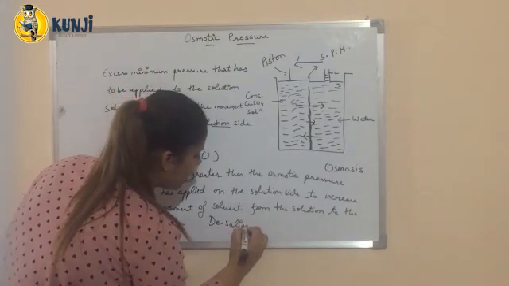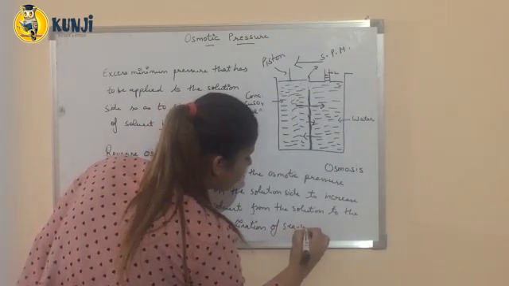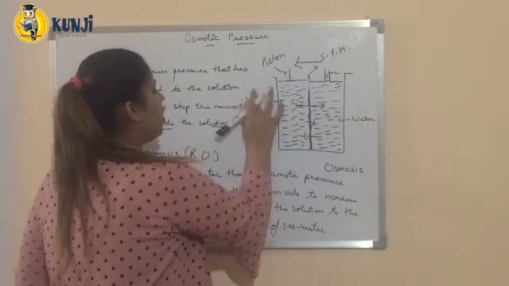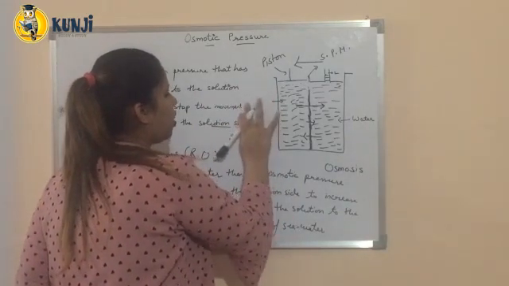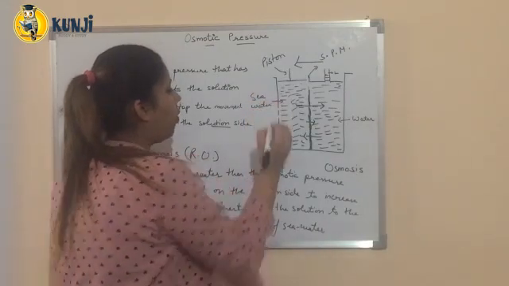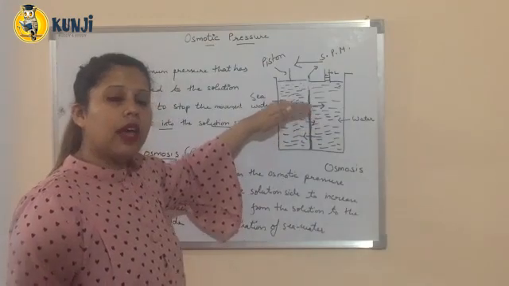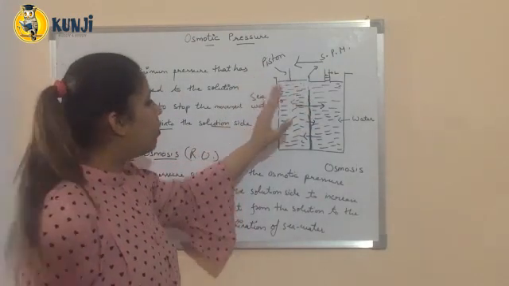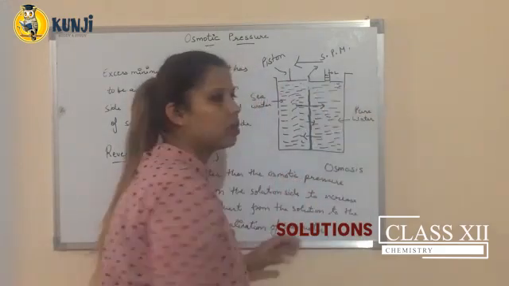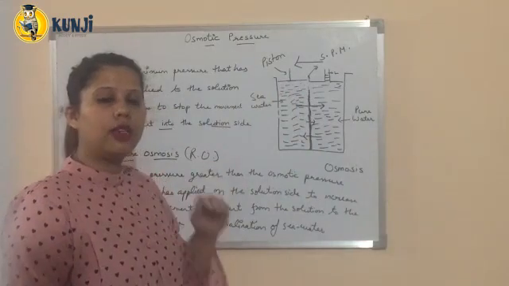Its important application is desalination of seawater, in which this side, where we had taken CuSO4, is filled with seawater. Now, a pressure more than the osmotic pressure is applied on this side, and as a result the pure water will move from this side to this side, and we will get water which is fit for drinking. This is reverse osmosis and its application.